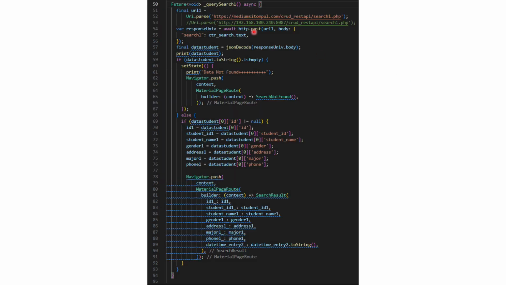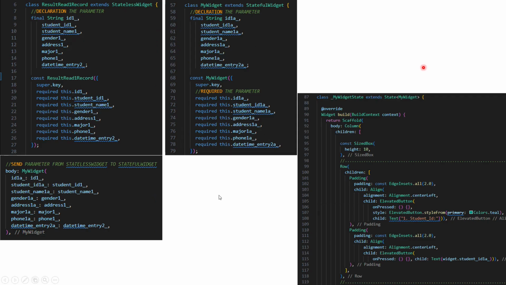And then this is an asynchronous function to send the parameter to the backend, and then make it a parameter and send the parameter name to the next page. Okay, this is the part of the script we put here. This is how to read one record, make a declaration of parameters, and then we require.